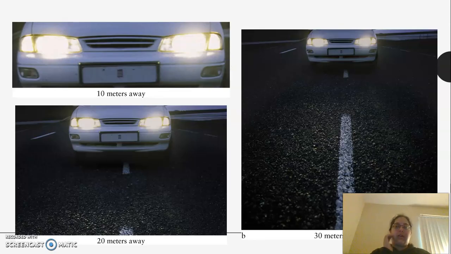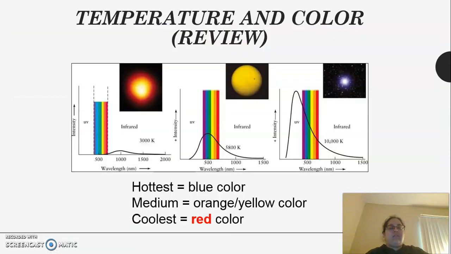So if you just look at this picture, it's kind of similar. Like if your car is super close to you and only 10 meters away, the lights are really bright. When it's 20 meters away, they're a little less bright, and 30 meters away, they don't really look that bright at all. So when we're talking about color and temperature, stars actually come in several different colors